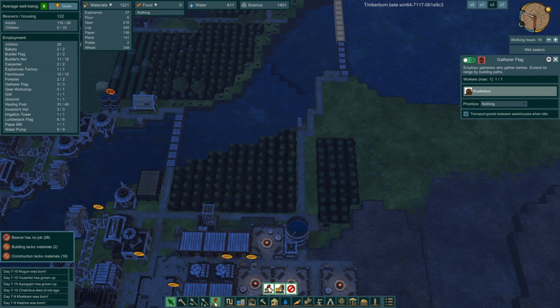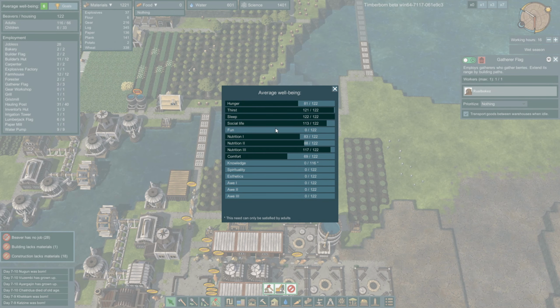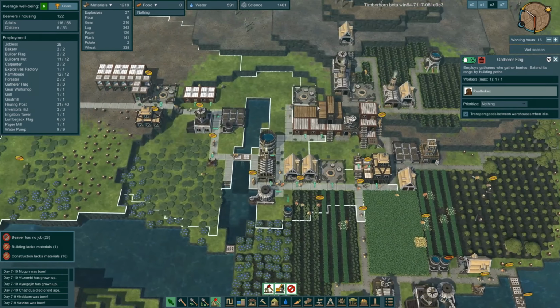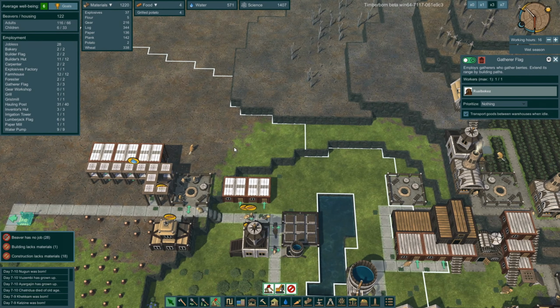Might as well. Now, these don't help our well-being much. They do satisfy hunger. We're down to 6 for well-being, so we've dropped, mainly because of hunger. Hopefully we'll get that back. We know we need to put down some more recreation over here, some more